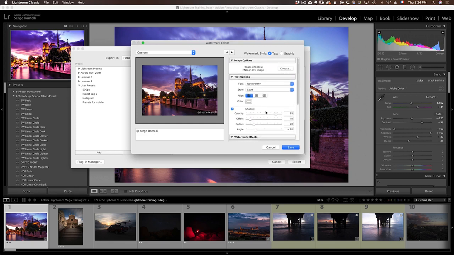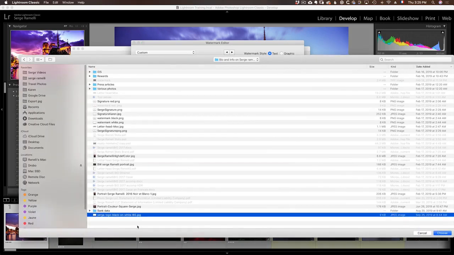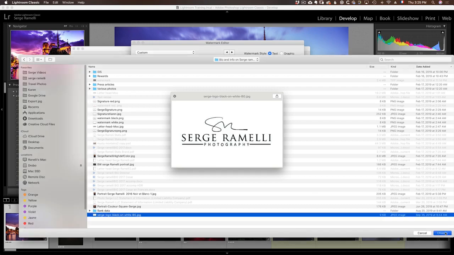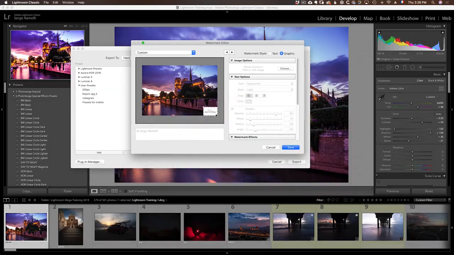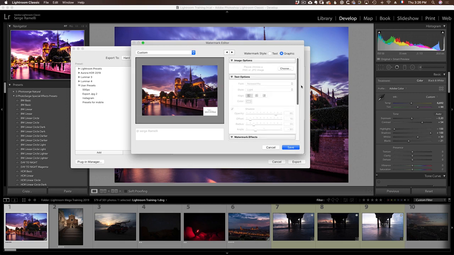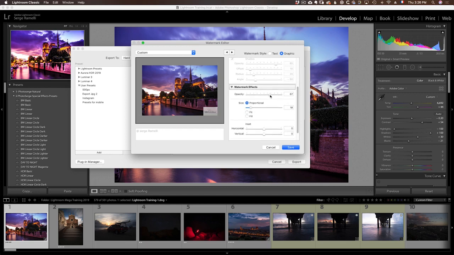And that's all good, but I would rather use a PNG or a JPEG. So for example, I can go to choose. Here I have different options. For example, this is something I created in Photoshop. The problem is that it's on a white background. So if I use it, let me show you, it's going to add a whole white thing, which is, why not? I can always lower the opacity. I wish you could change the blending mode so I could automatically take out the yellow. So I change the opacity just a bit, but it's still too big.